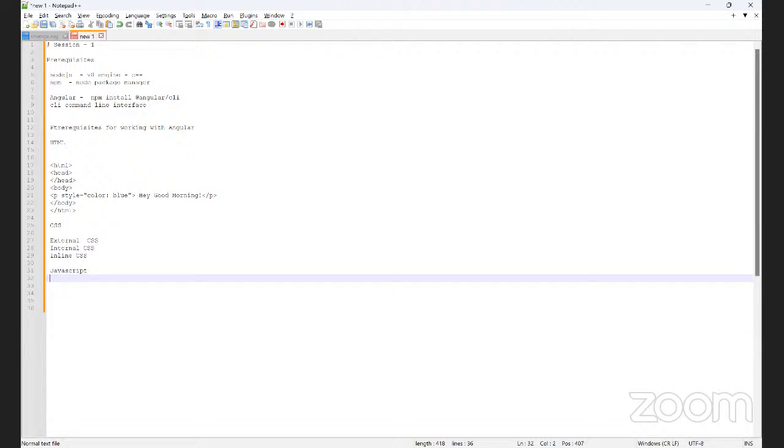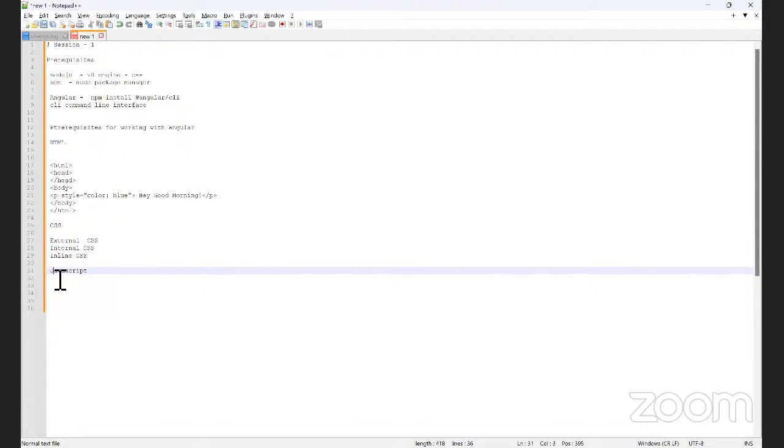So what is JavaScript? JavaScript is nothing but it is open source, and it is a script language as well as a server-side language. But basically most of the people use it as a scripting language. If you type in the Chrome browser which is the demanding language, you can see JavaScript.